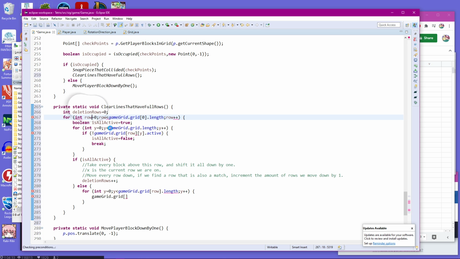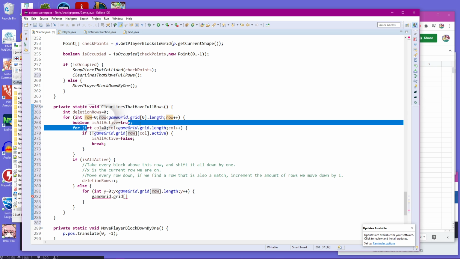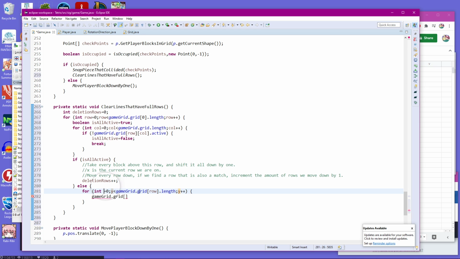So again, now this represents our rows, or our row index, and this represents our column index within the game grid, which you can see is more along the lines of what we want. So now we're going to go through each row, which is like this, and check every column, right? That's really what we're aiming for here. So I'm going to change this to column index. So for each row, check the column index in that row, and say, okay, we are going to